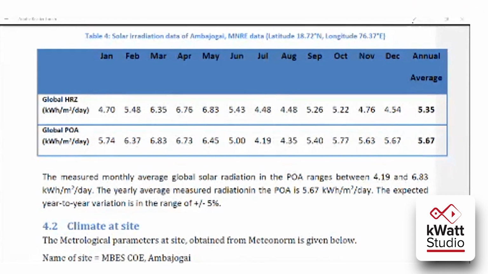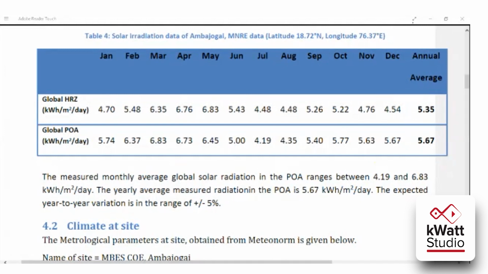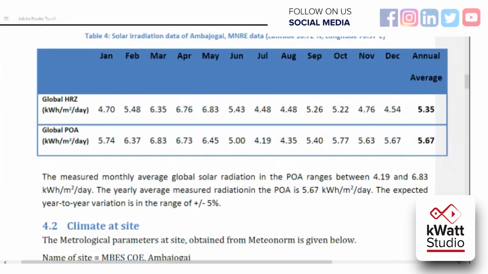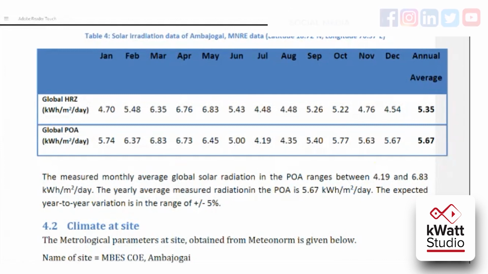So you will keep your solar module at 18 degrees. That is called plane of array. It will increase the reception of your solar irradiation. That is why, if you see the difference between GHI and POA, you will find the POA has greater reception because the sun rays are perpendicular to the solar module. That's why we keep some angle